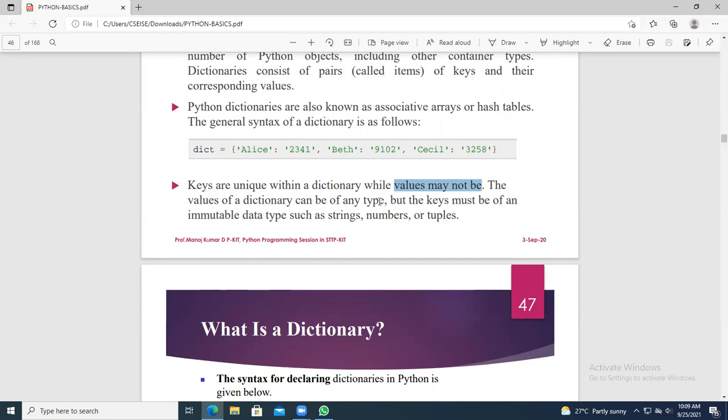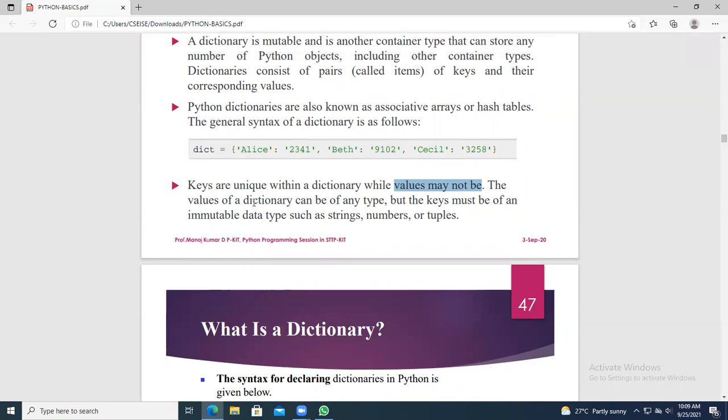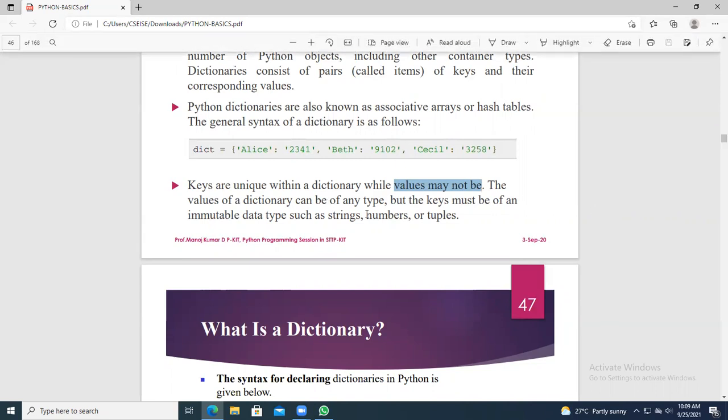The value of a dictionary can be of any type, but the keys must be strings, numbers, or tuples. Keep in mind, the value of a dictionary can be integer, float, character or string. But the keys must be of immutable data type.